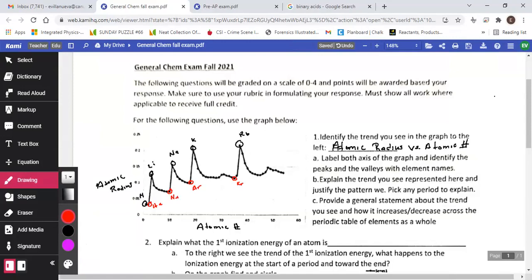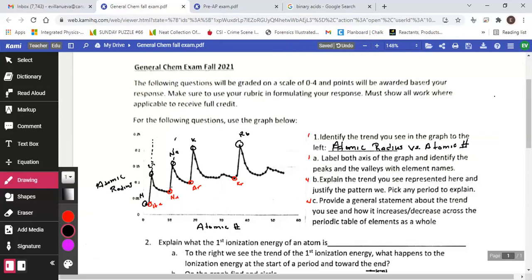Okay, for the questions, these are worth 1 point, this is worth 1 point, this is worth 4, and this is worth 4. Okay, explain the trend that you see represented here and justify the pattern. Pick any period to explain. Okay, so this is atomic radius. What we're looking at here is the radius of a single atom period by period. So if I go here, I can see that lithium is the start of the second period and